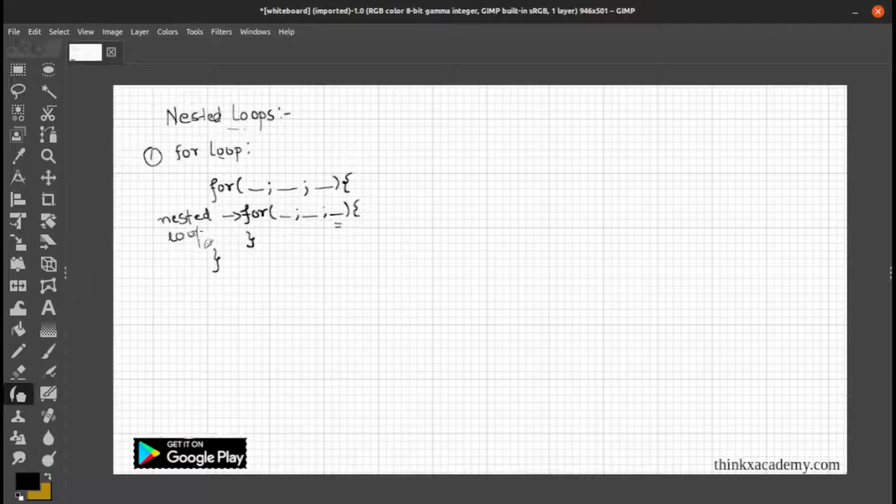So this type of for loop is known as nested loop. So it is super simple. You can see here one loop, and then in its code, or you can say in its block of statements, there is another for loop. Similarly, you can do it with while,